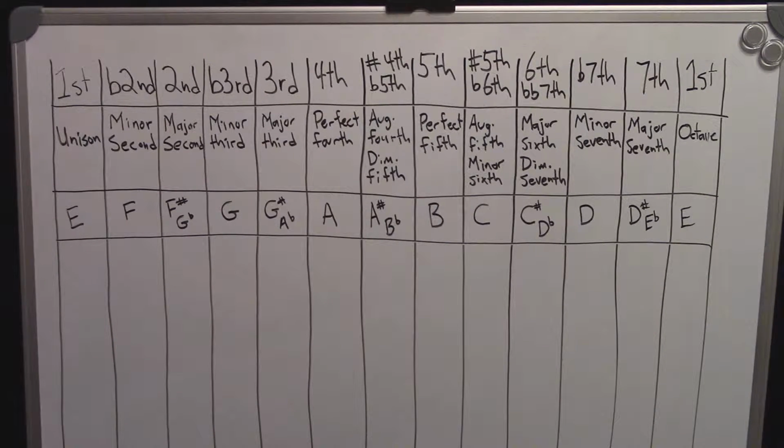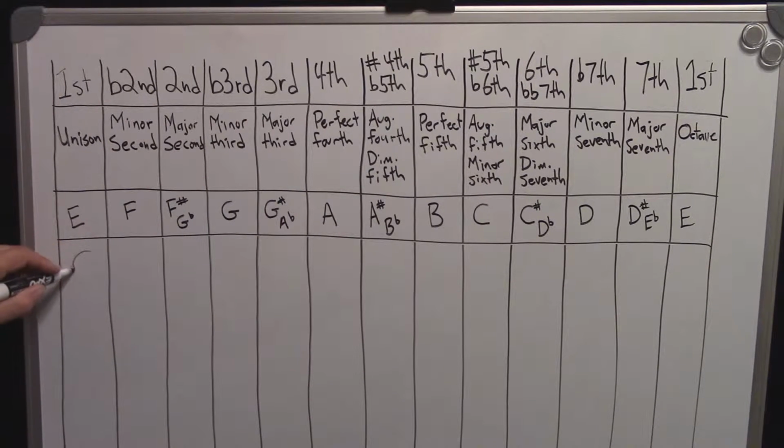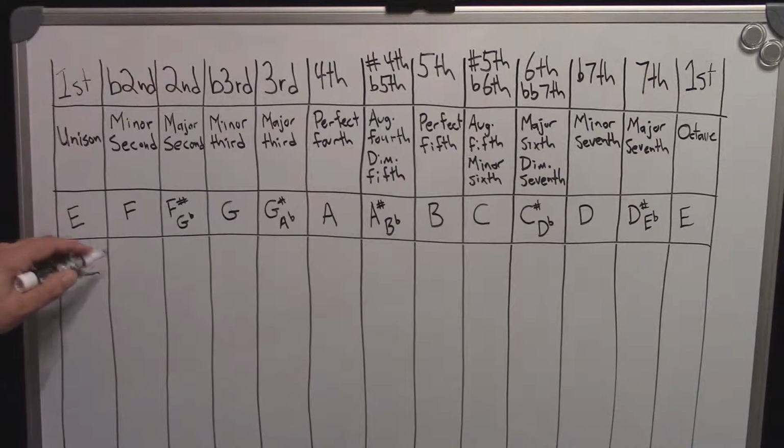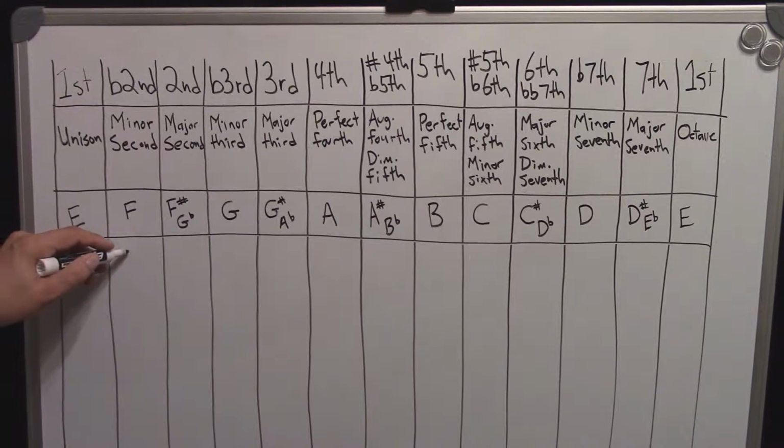Okay, so the first example chord was a C. And we're going to figure out what intervals make up that C major chord. So I start off and my root note was a C. Okay, and then we just move on from there, until we get to the notes that we were looking for. So we have a C, an E, and a G that we want. So the next note is a C sharp,